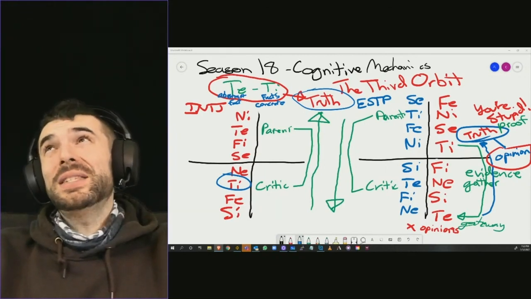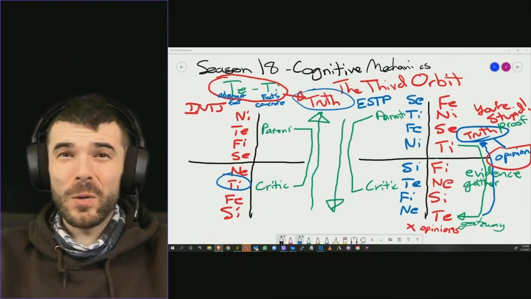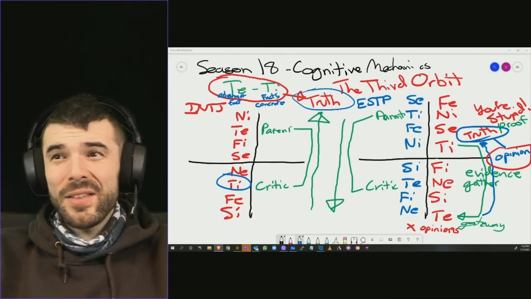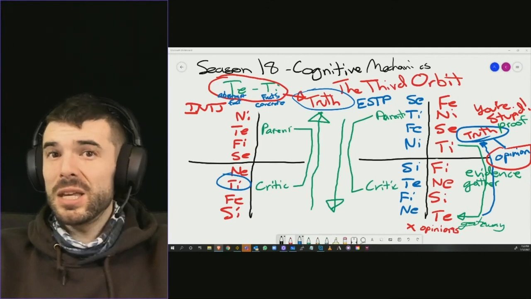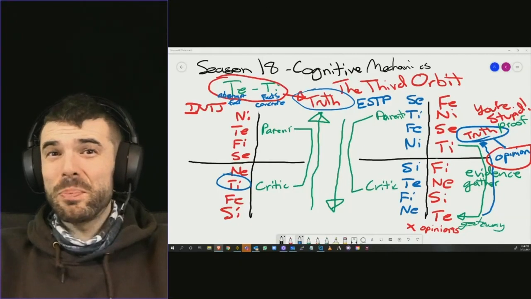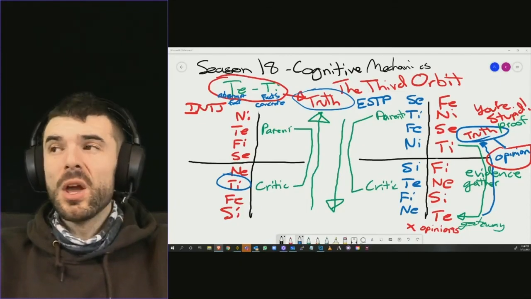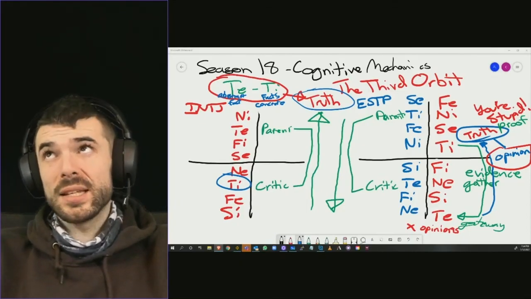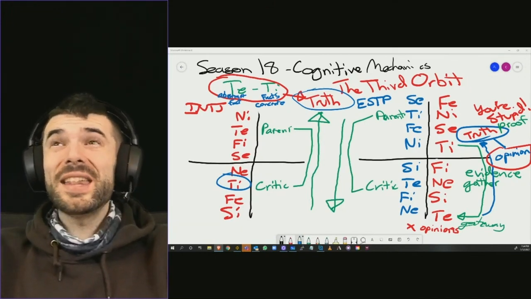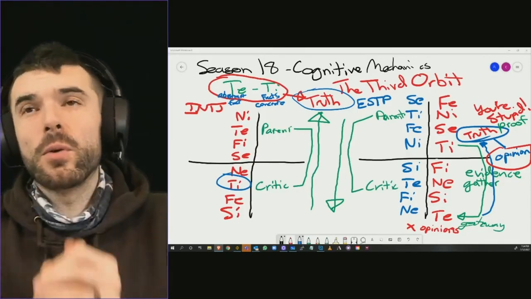And that is what upsets TE users all the time, because TE users are like, well, hold the phone. You didn't gather enough evidence. I go out of my way to gather evidence before I allow myself to think something is true. You, TI users, only gather evidence to support what you already think is true. That is bias, okay? All TI users do that. All of them do that. Luckily, I'm TI parent, and I do that the least because I'm responsible. I am so glad I have TI parent. So thankful that I have TI parent.